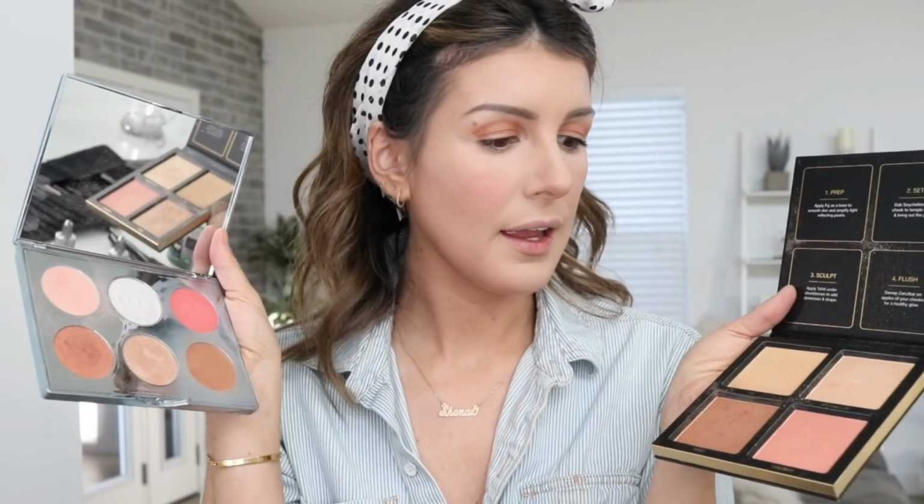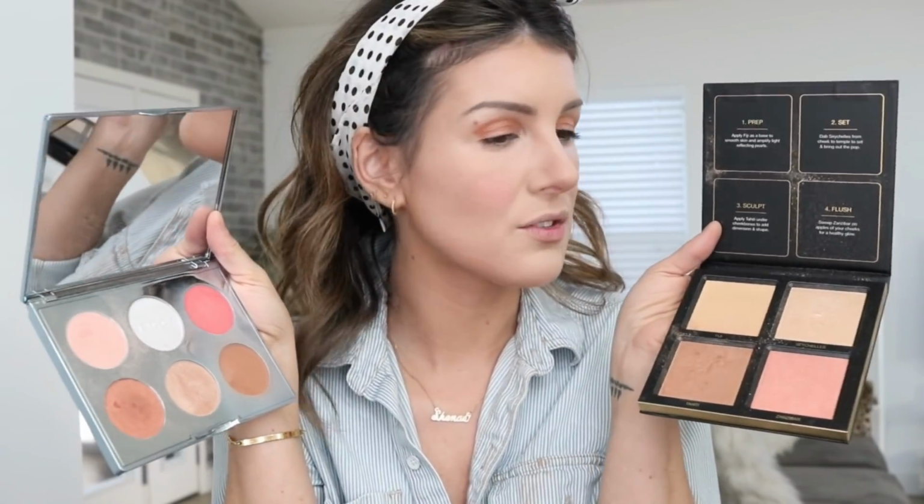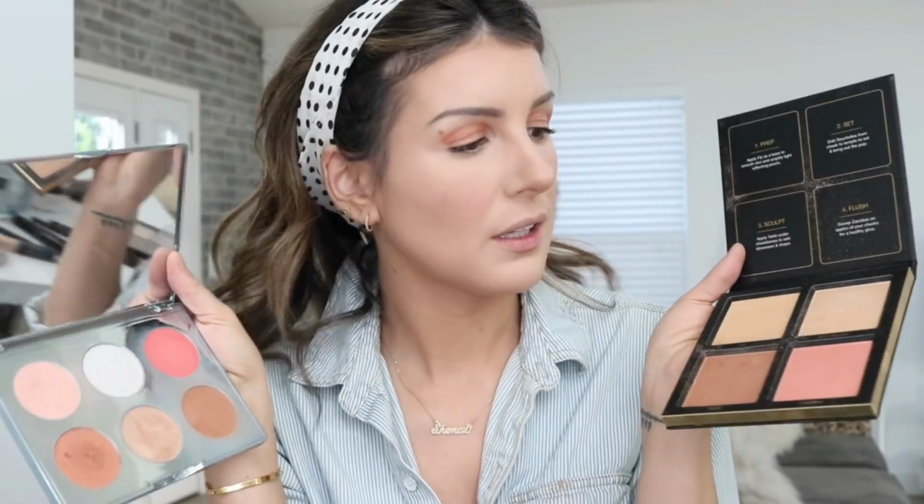These are my two favorite highlight palettes. One is that Becca one that I've been using so far, and this one is from Huda Beauty. It's the 3D highlighter palette. I really love the shades in both of these. I actually don't even know which one I want to use right now. To keep it really simple, I think I'm going to use the Huda Beauty one because the Seychelles color is